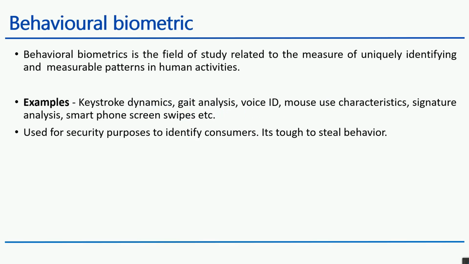So again, behavioral biometrics in the field of study relates to the measure of uniquely identifying and measurable patterns in human activities. So let's dissect this definition, as we usually do. Behavioral biometrics is the field of study related to the measure of uniquely identifying. Number one, we talked about a few of the factors you have to choose when you are deciding on a biometric. The biometric should be uniquely identified, number one, and should have a measurable pattern in human